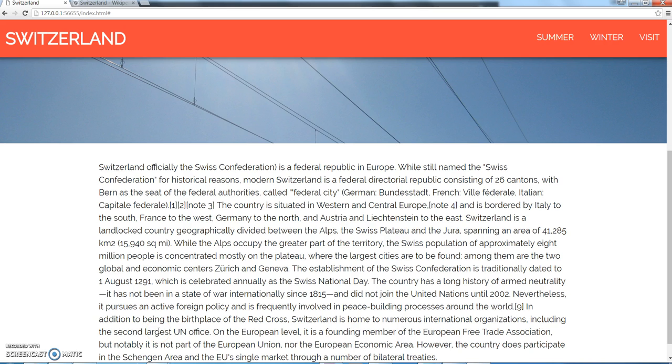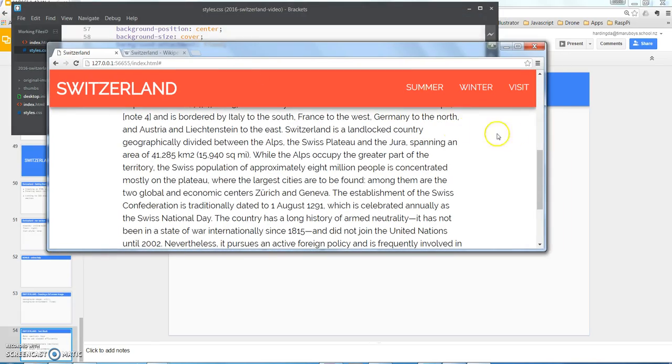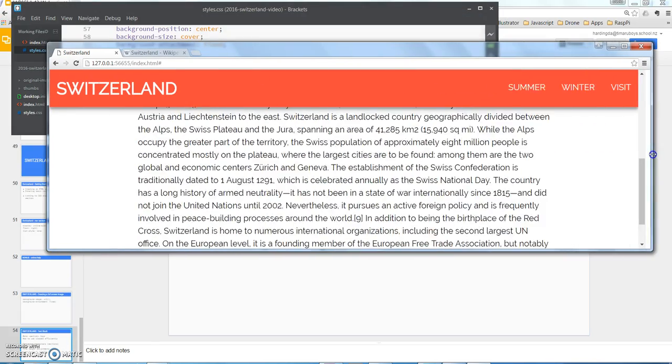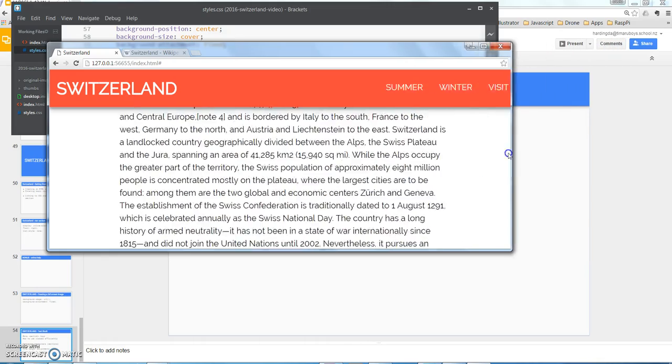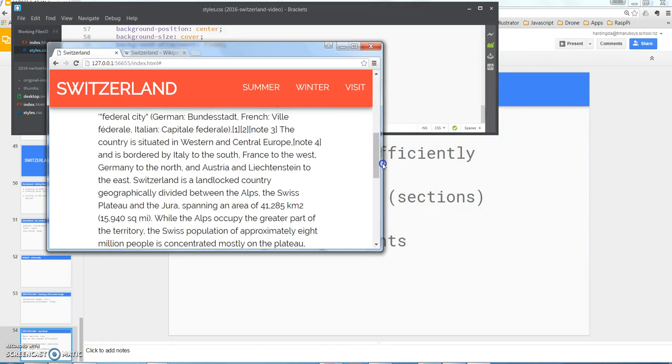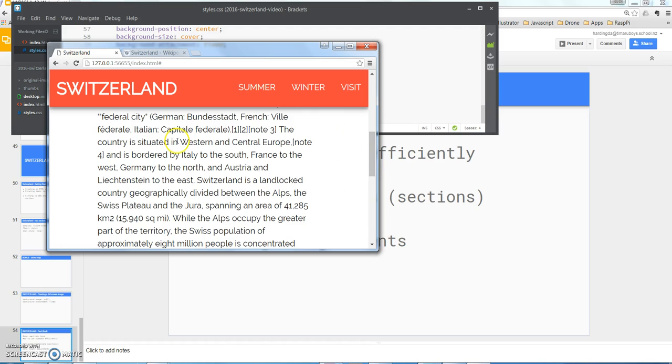So now we're actually going to spend a bit of time analyzing what's happening here and having a look at what that 70% does. When we have the window full screen, this block here takes up 70% of the width of the whole screen. So when we resize this window, as you make it bigger or smaller, that will adjust to 70% of what you can see. But as we get down to a smaller window size, you can see we've got quite large margins here because they're still set to 30%, effectively, those margins,